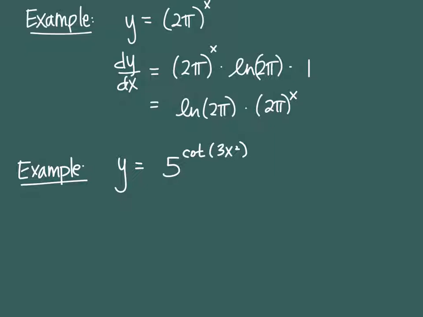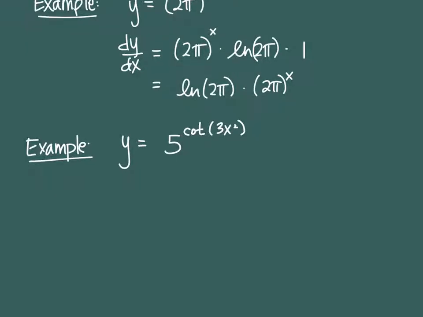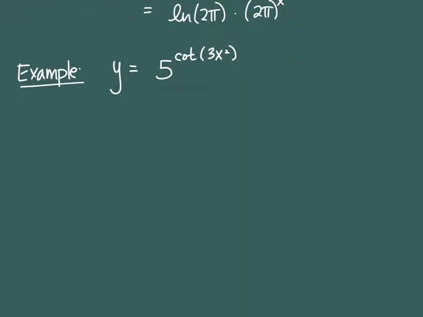So all of that now has to be dealt with, and this is going to be using the exponential rule. And so the exponential rule says, all right, keep 5 to the cotangent of 3x squared in its entirety, multiply by the natural log of 5,